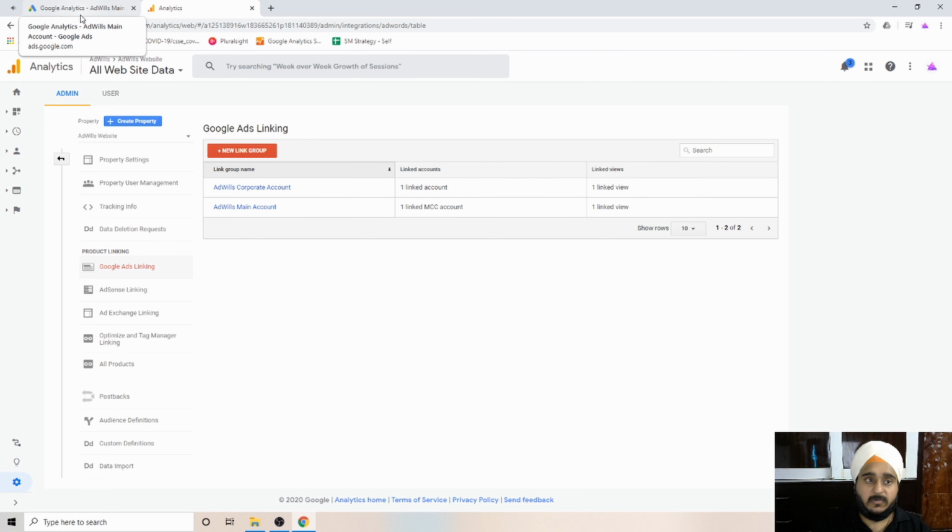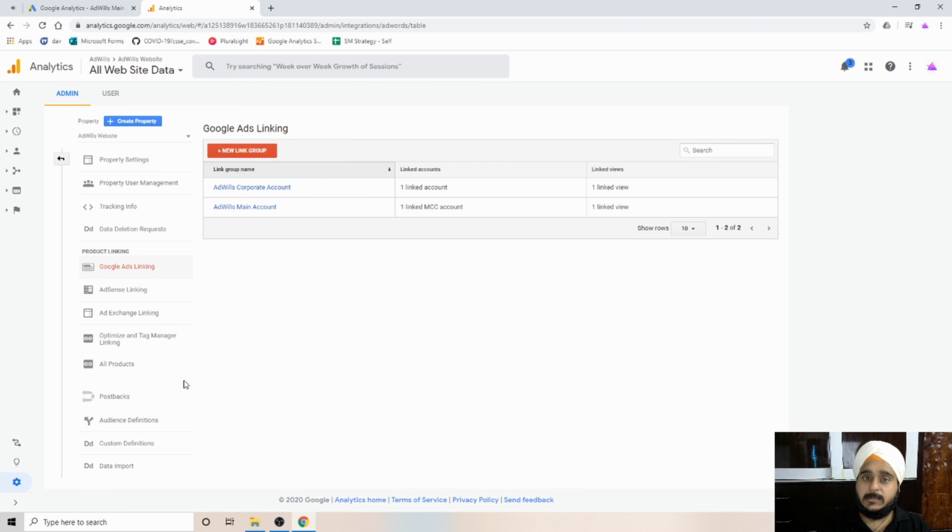You're set to go for Google Analytics, you're set to go for Google Ads. Now assume that you run the ads. Now you want to get all the data. Whenever you're running the ads, you want to get all that data live every half an hour into your feed, into your dashboard or Power BI report.